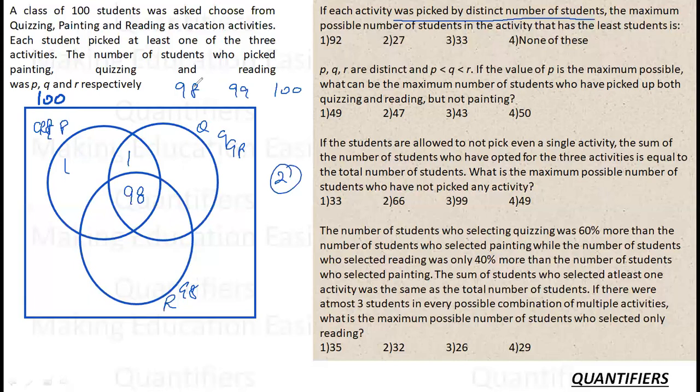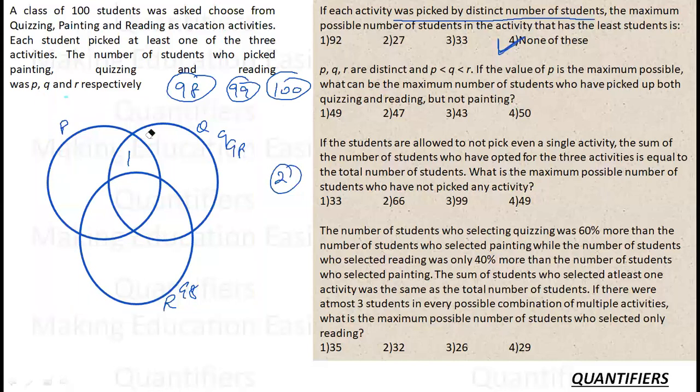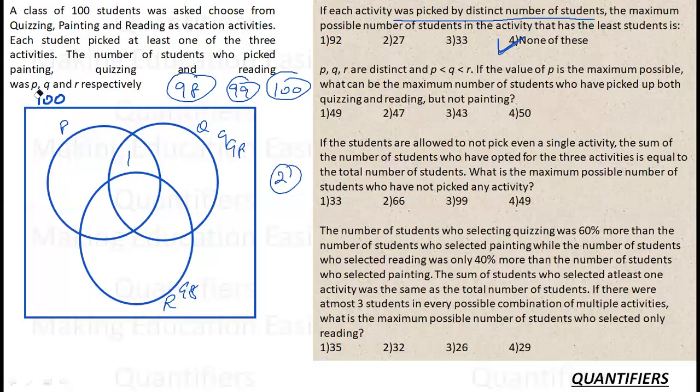In this case, P becomes 100, Q becomes 99 and R becomes 98. And also my maximum number of students will be 98 in this case. So this is how you go about this open-ended question, right? I hope the concept is clear to you. The only point you needed to keep in mind was that in order to maximize all of the activities, I need to maximize the middle variable that belongs to all three. Okay. Let's read the next one.